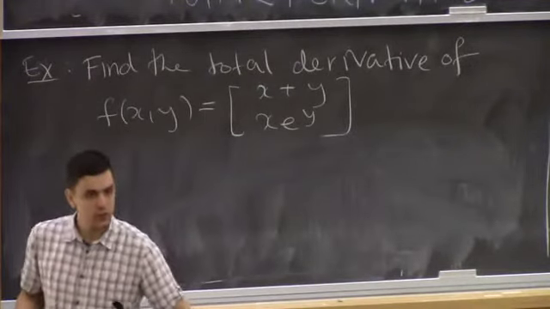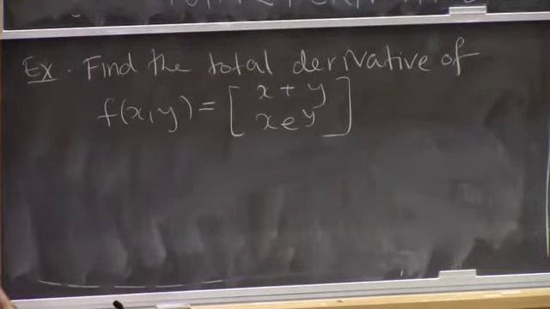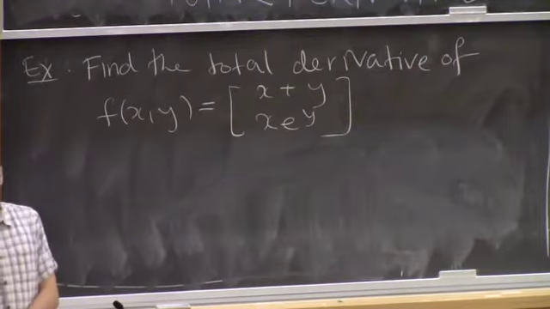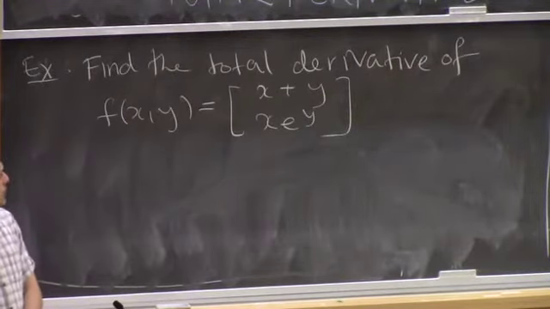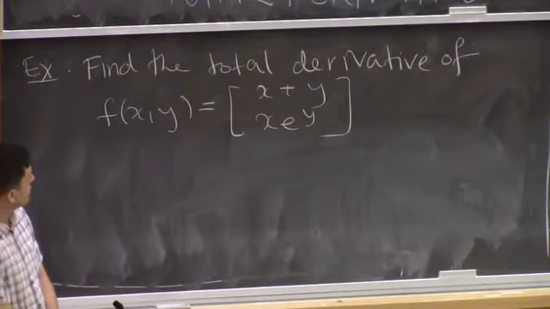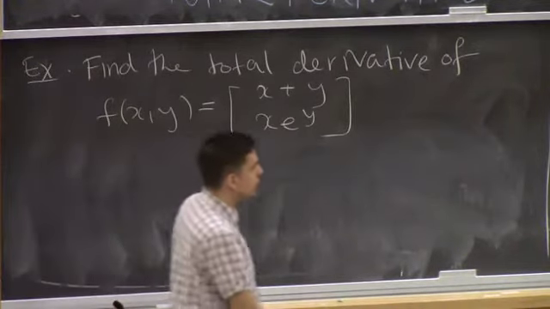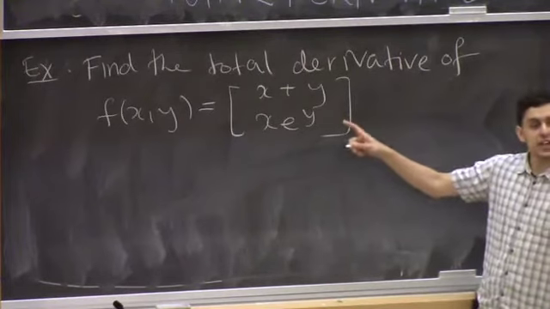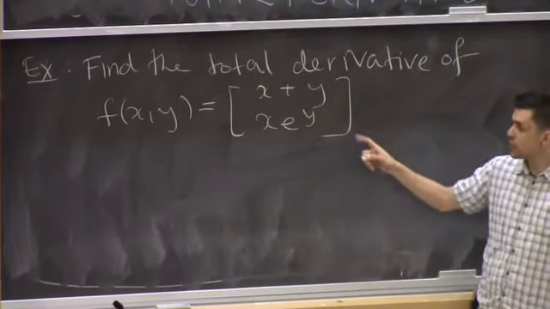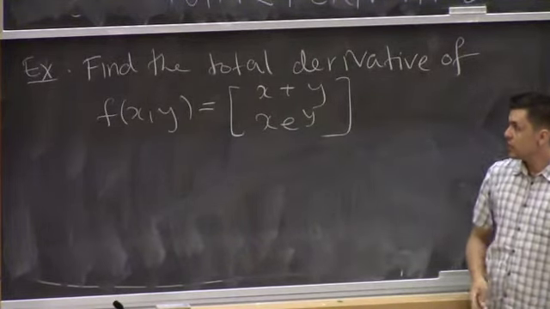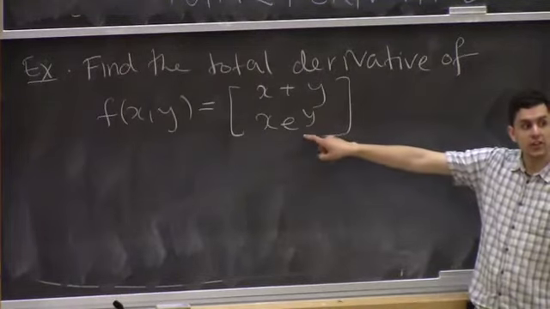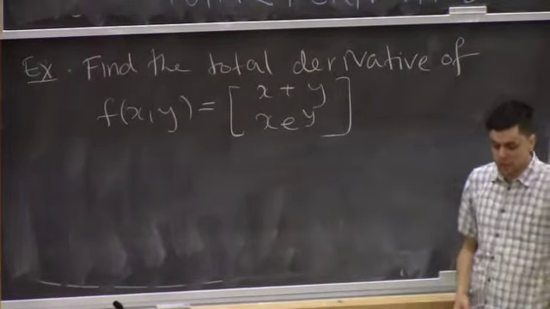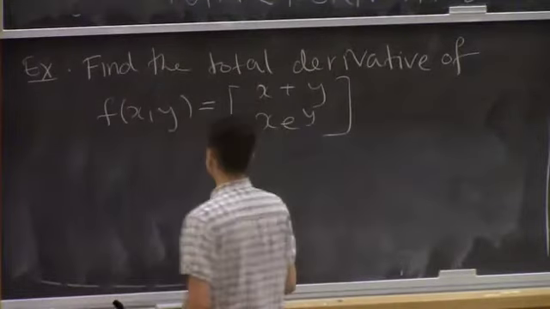Let's find the total derivative of one of these guys. During the break, someone asked, do we always pick M to be the matrix of our function? And here, we've got a function that doesn't come from a matrix. We've got a 2-component function where this part here is nonlinear. So we sometimes don't have a matrix to use.